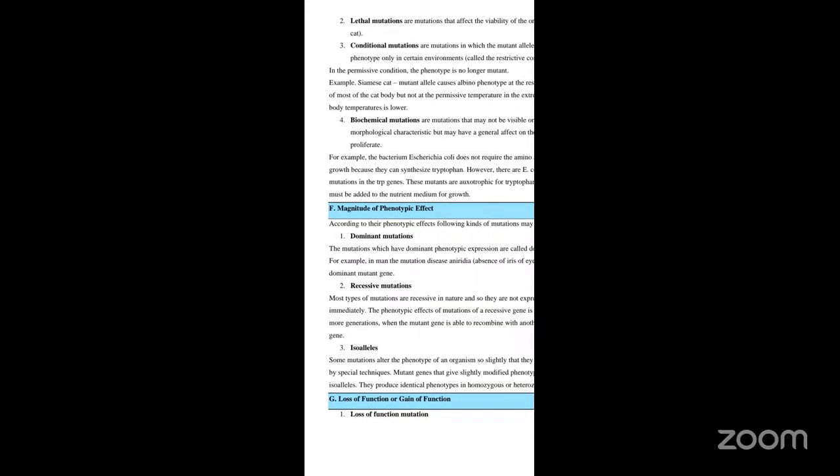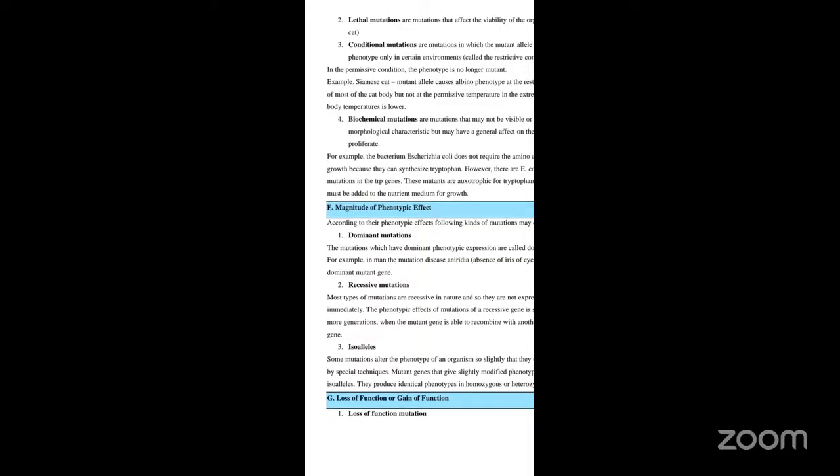For example, in man, the mutation disease aniridia, that is absence of the iris of the eyes, occurs due to a dominant mutant gene. Then recessive mutations. Now, most of the mutations are recessive in nature, so they are not expressed immediately. You all know dominant will be expressed, but recessive will not always be expressed, and they will not be